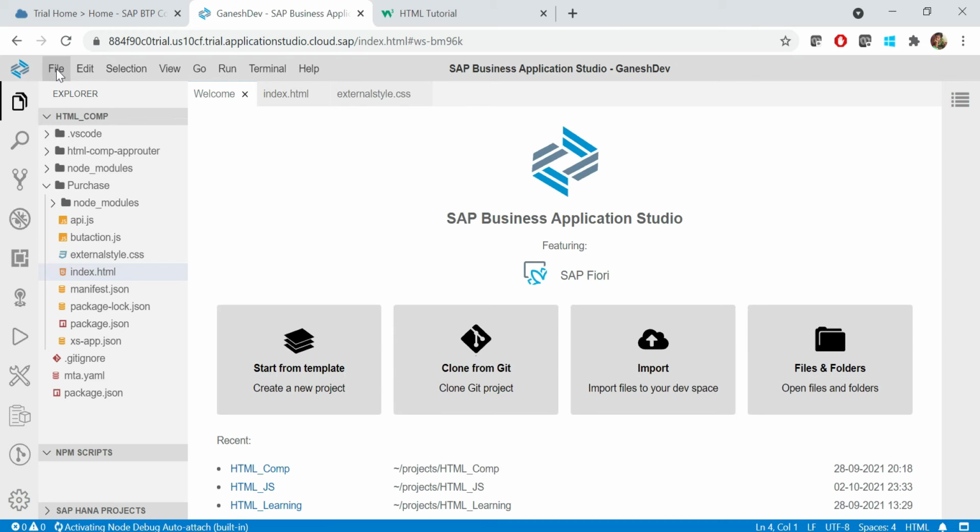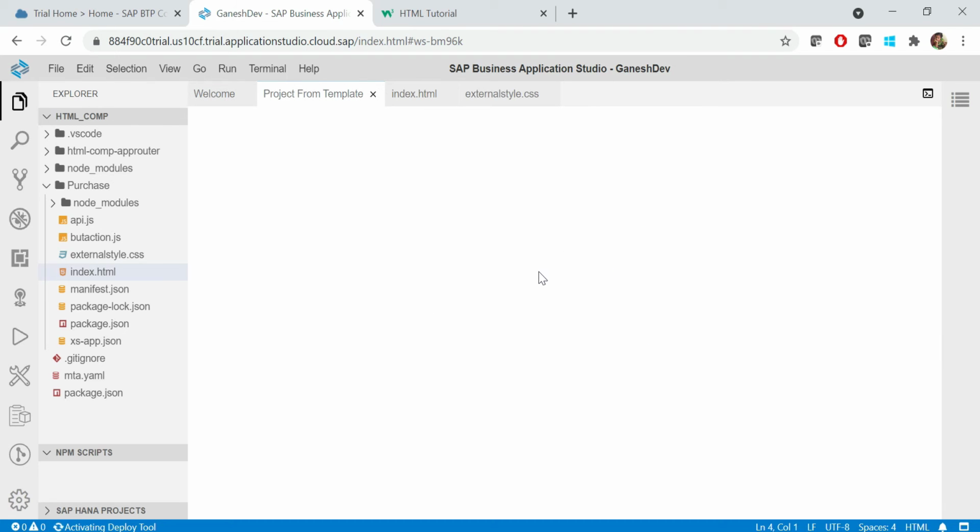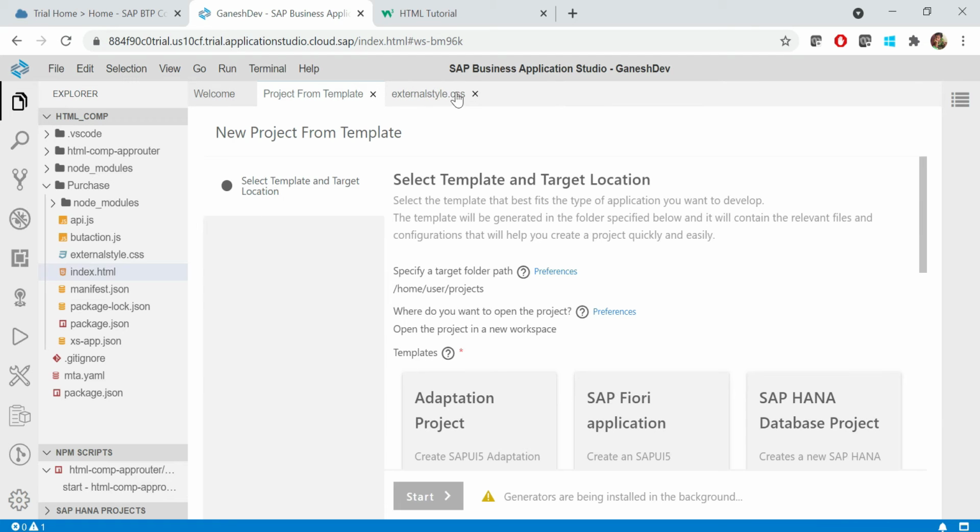Let's create one file or an application. Start from template. Project from template over here. It will display all the templates that are available. I'm going to choose the HTML5. Let me close the existing ones. Okay, so here I go with